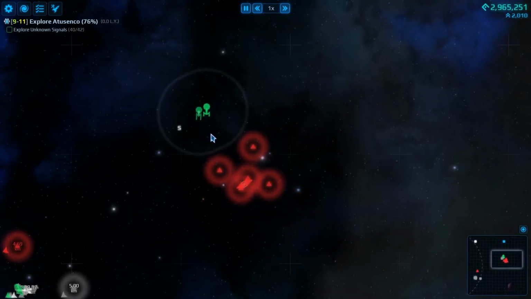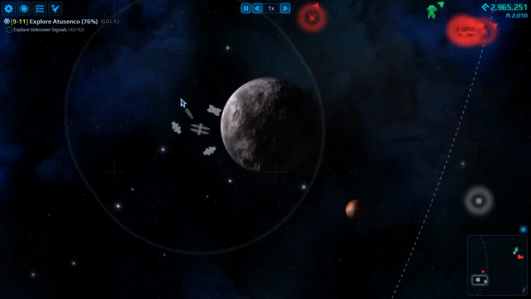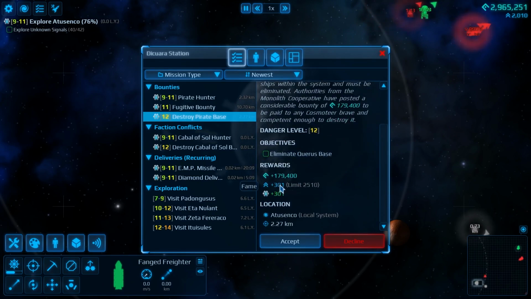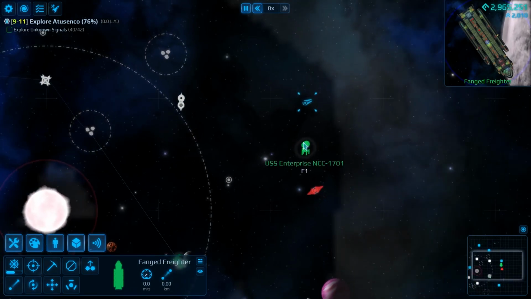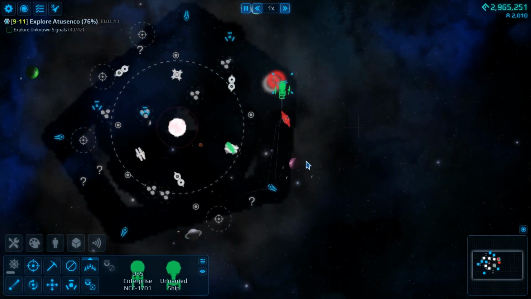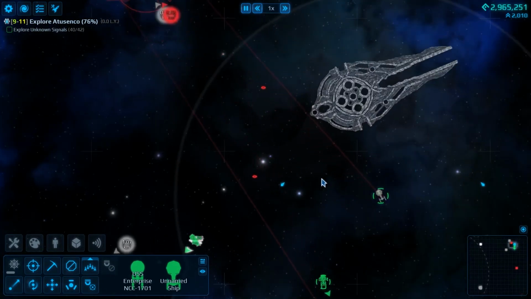Looks like we don't really have to. Okay, I mean, I would like the fame from it. I wonder if that's the base they were talking about. Destroy a pirate base. That is worth 301 fame. That's a lot. We may have to come back for that. Okay, but we have gone all the way around, and I'm not seeing much. You, however...